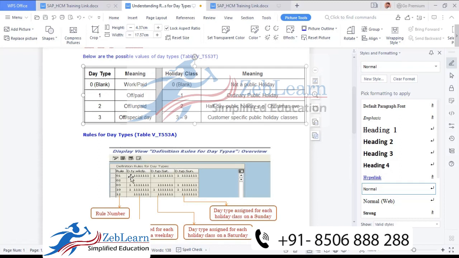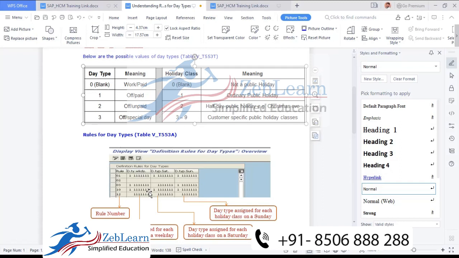If I take the example of the IT industry, there is no requirement to create any Saturday and Sunday holiday, because in the IT industry there are only 5 working days, Monday to Friday. But this column already gives the option for Saturday and Sunday also, because some industries are working 24/7. That's why. So the first column is day types for weekday, Monday to Friday.